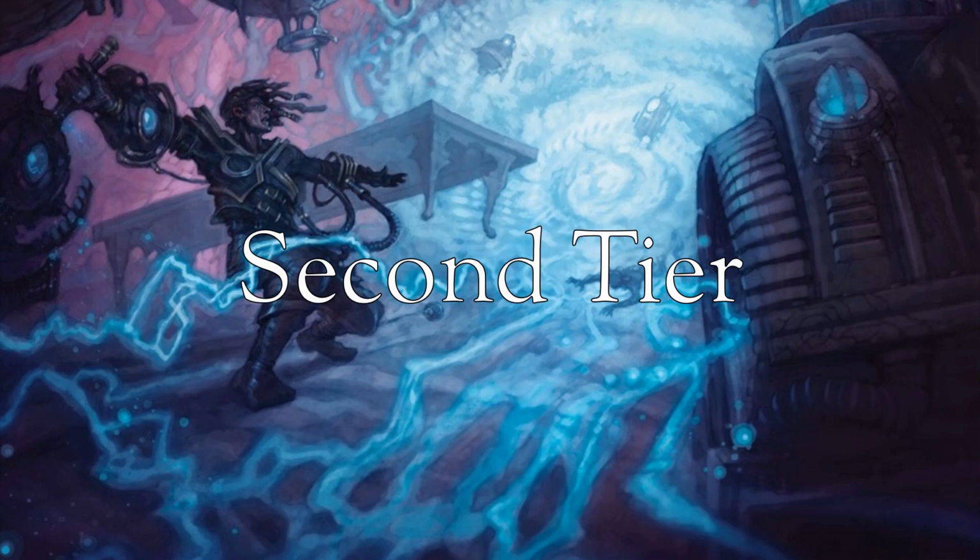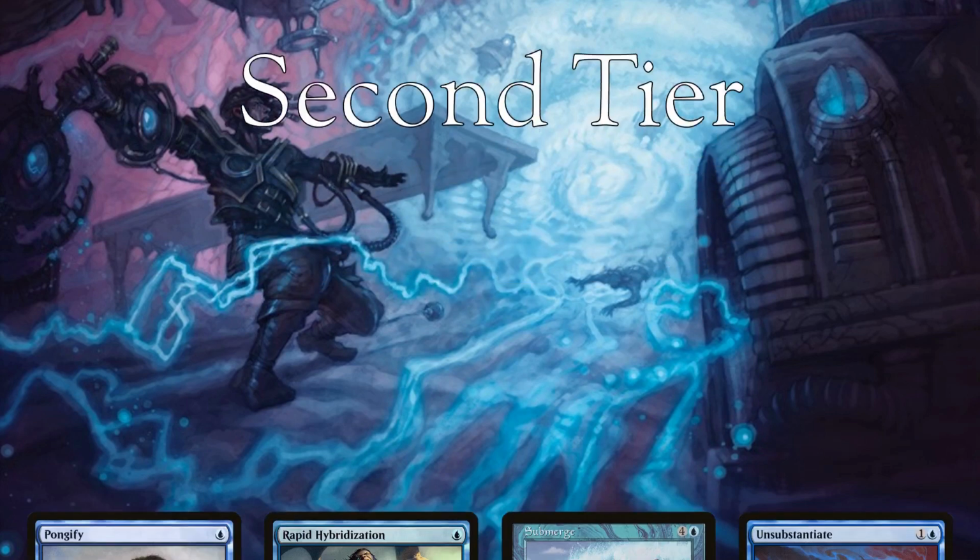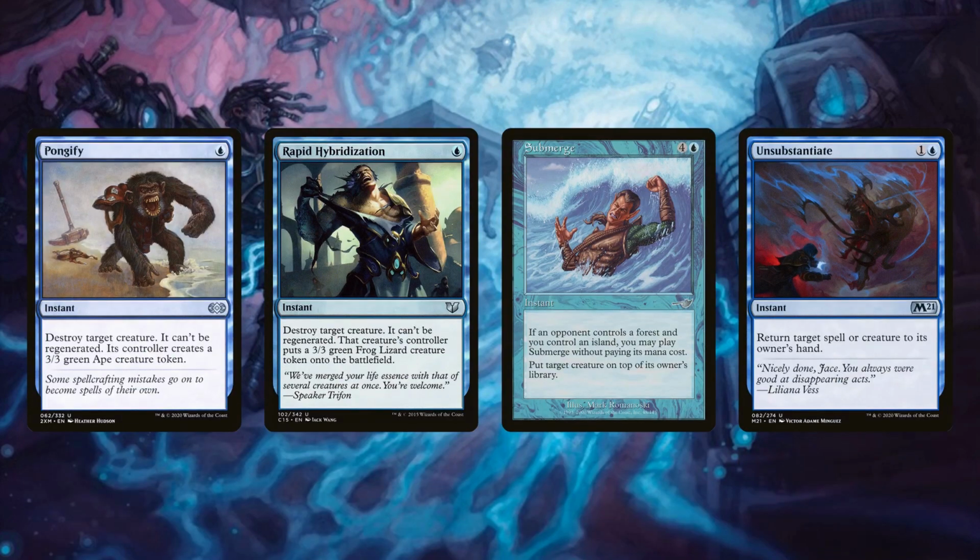This is the last tier before we get into the niche removal. This tier is defined by the removal being decent, but only being included to compensate for lacking access to colors with better answers. Pongify and Rapid Hybridization don't measure up to Swords to Plowshares, but they see play in mono blue and 2 color decks without access to black. Submerge is in a similar situation, mainly seeing play in 1 and 2 color decks. However, it's more meta dependent and is more geared towards Storm decks, as it can remove a stack piece without